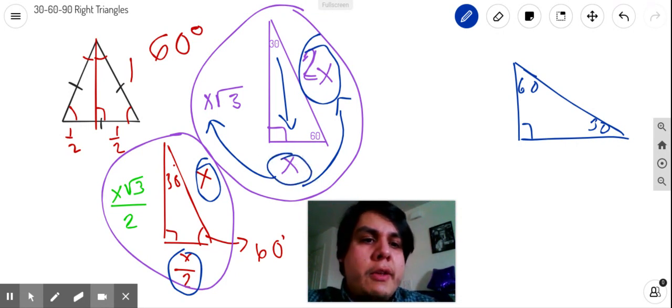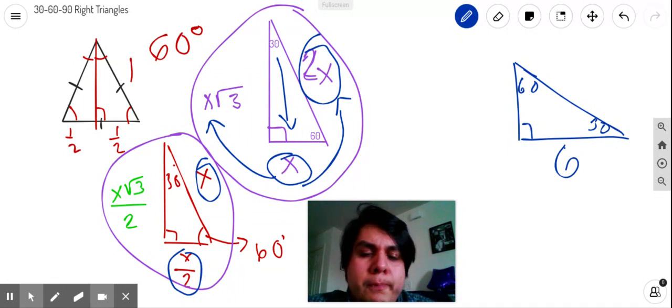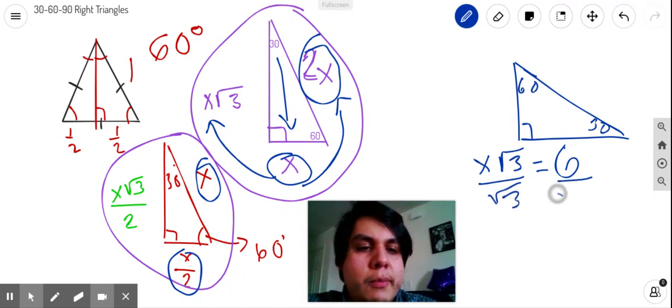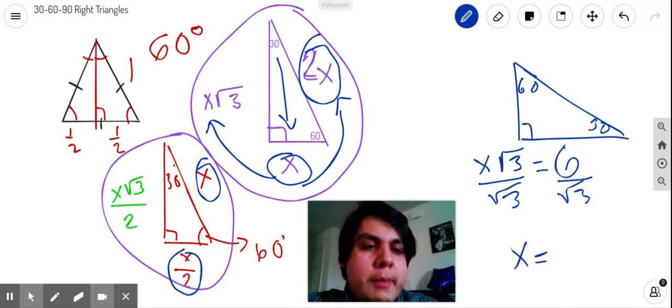So let's say we know that this is, let's say 6. So this side over here, opposite the 60-degree angle, is 6. Well, this is supposed to represent the x times the radical 3. So that means that if I divide by radical 3 on both sides and rationalize it, that means I would have